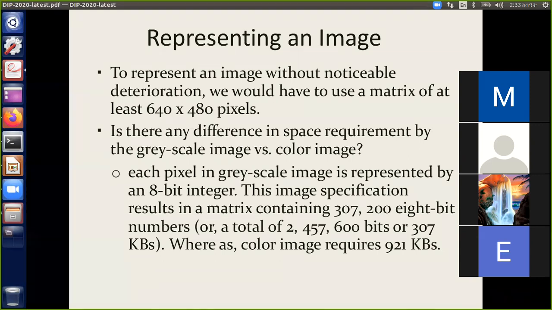But let us look at one example to understand whether, based on an increase in the number of colors, the memory space requirement for the image increases or decreases. Given a 1614 by 418 pixel image, that is 1614 pixels column-wise and 418 row-wise, if it is a grayscale image, how much memory space does it require? We have to multiply 1614 by 480,